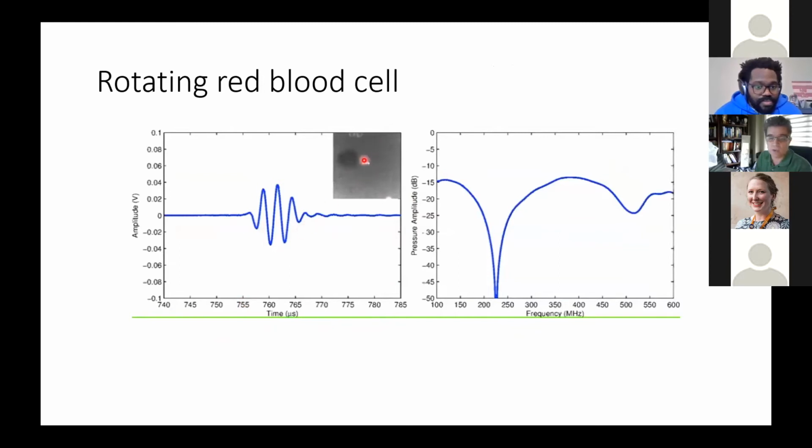And as the red blood cell rotates, you're going to see how the sound changes. This is the sound, right? You can't hear it. This is a visual representation of the pressure wave. So what's going to hopefully happen here,